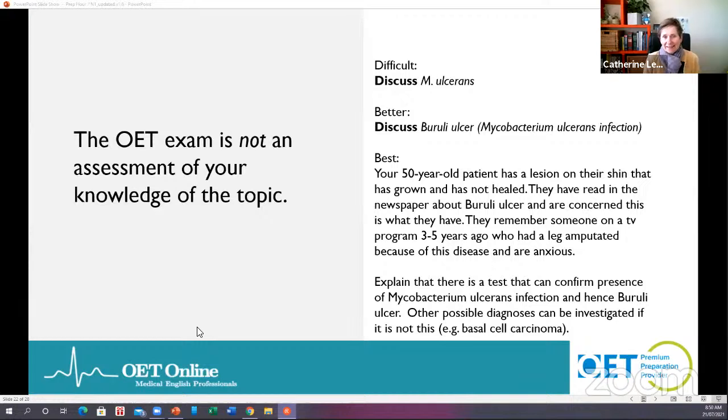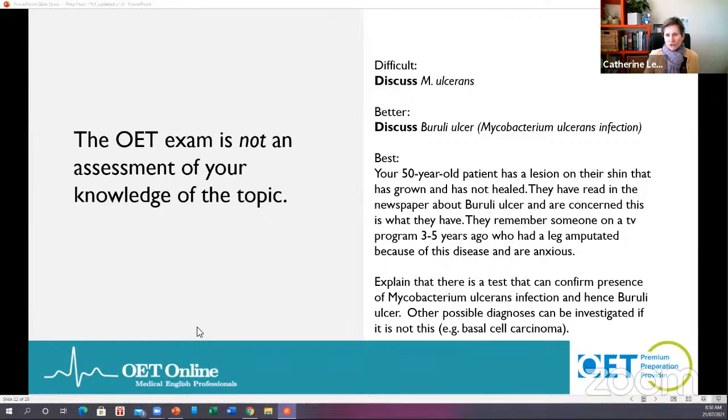But in the OET exam, you're given all these other words, all of this other information to help you. Use the role play card to guide you. You have that role card in front of you the whole time during your exam. And yes, you can look down at it during the 5 minutes of your role play. It stays there with you. It's yours for the time that you're in that exam room. You can make notes on it. You can circle and highlight things on it.